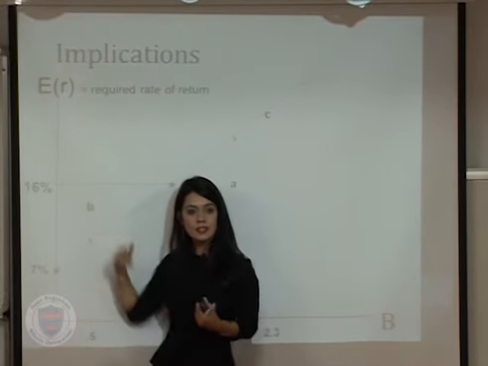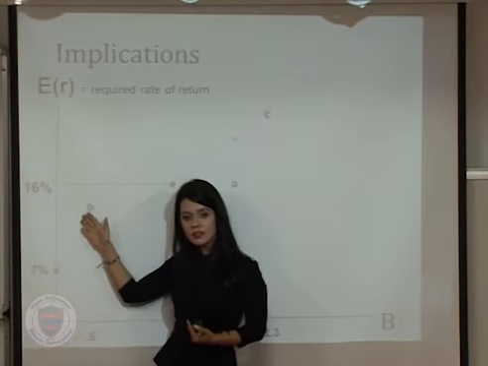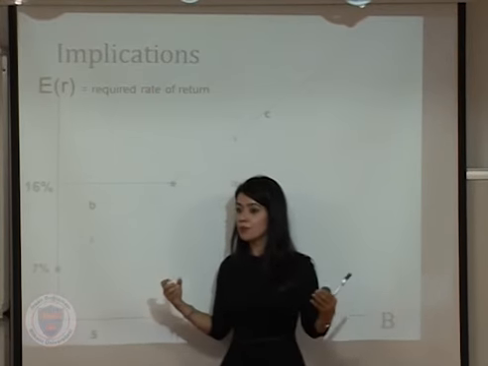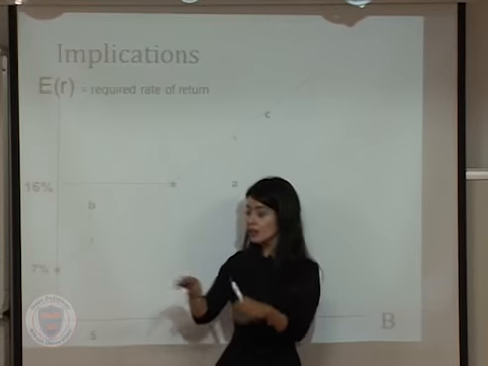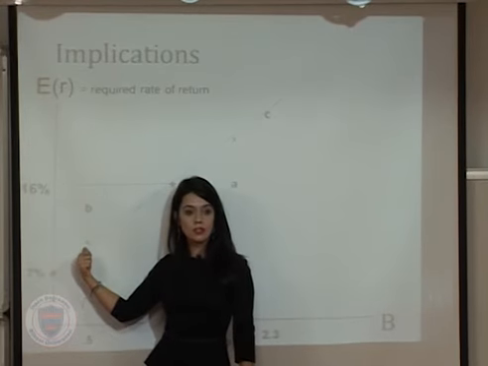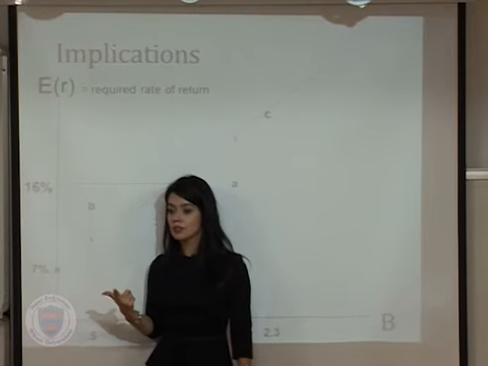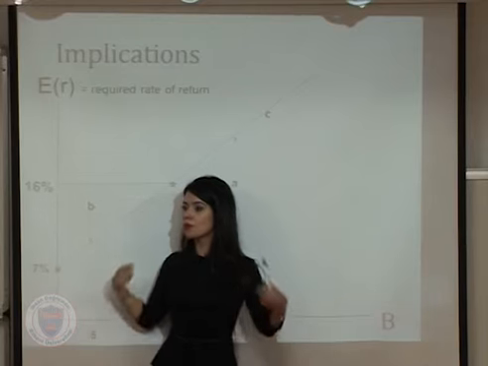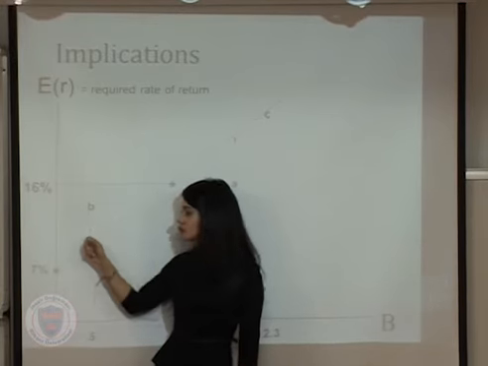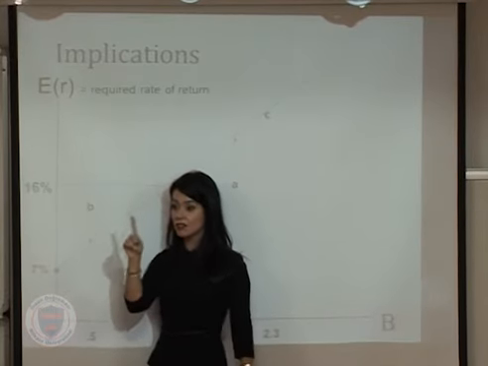So for B, since your estimated return is higher than the required return, it means its price is lower than it should be. In that case, people will rush into buying stock B, its price will increase, and once its price increases, return will decrease. And you're going to hit the CAPM line. So B is actually undervalued. Since it's undervalued, everybody will buy those securities. The price will increase. When price increases, return will decline to the CAPM level. So it is above the security market line, but it is undervalued, just the opposite.